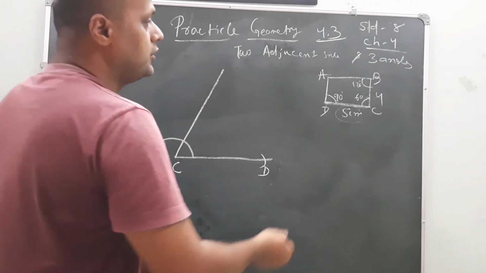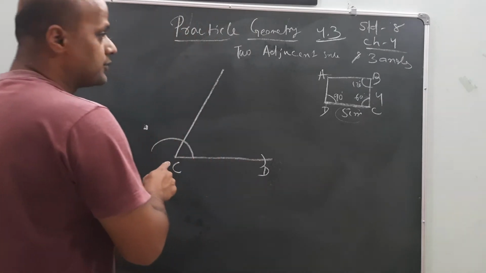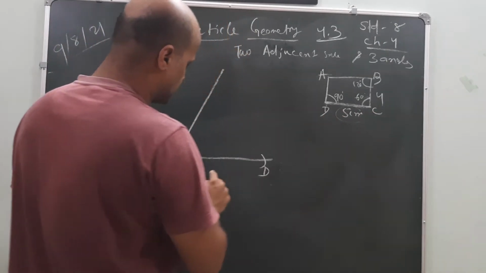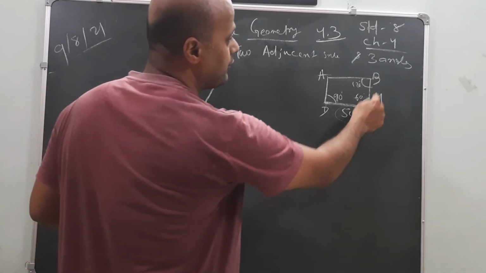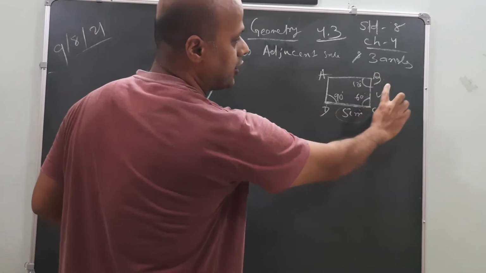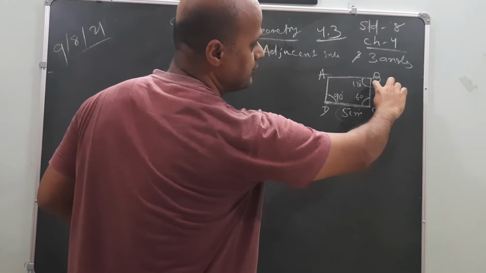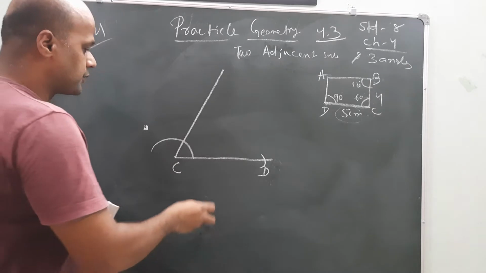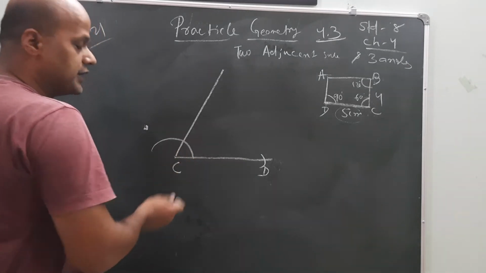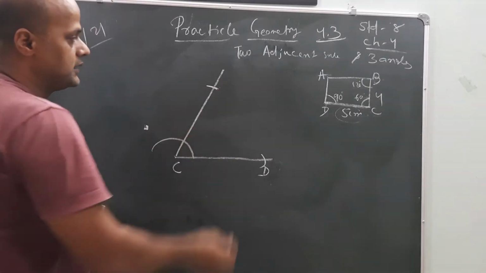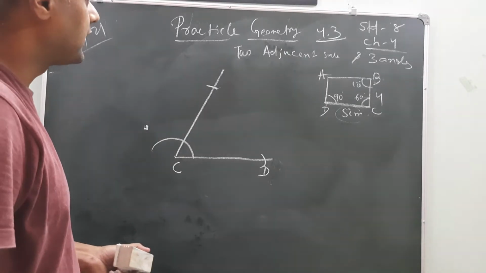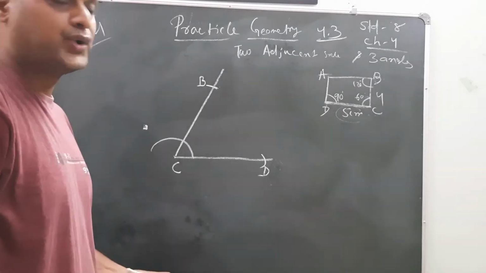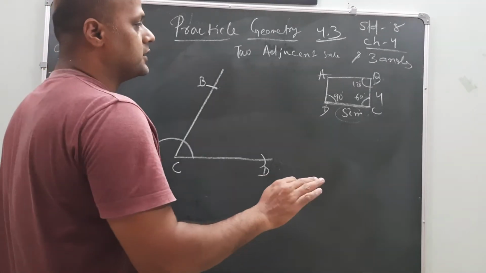Now from C we draw CD. CD is 5 centimeter. From C I have to extend. Which point will come? B point is coming. What is the dimension of BC? It is 4 centimeter. So again take the dimension from the scale, put the needle in C, and cut the 60 degree angular line and name it as B. Okay?